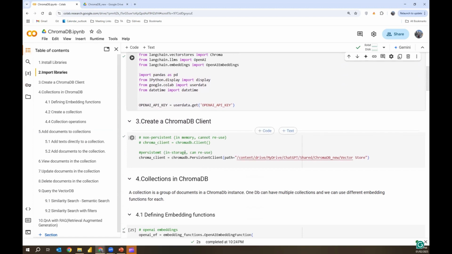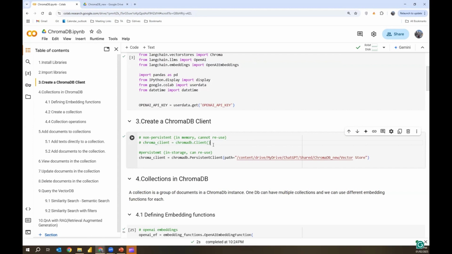Next, let's go to creating a Chroma DB client. In order to work with the Chroma DB, of course, we need a Chroma DB client. This is the connectivity between the Chroma DB and all your documents, how you can talk to it and get all your data. You have to create this Chroma DB client. There are two ways we can implement the Chroma DB client. The first one is the non-persistent manner. With this code, we can simply create a Chroma DB client. This one will use the memory or the RAM, so it will be flushed after your runtime is